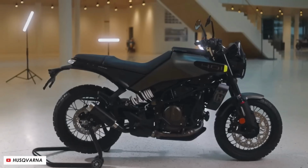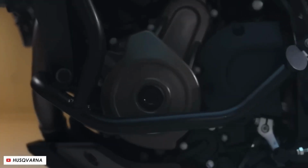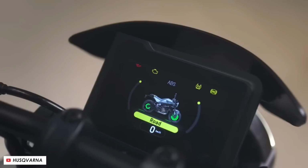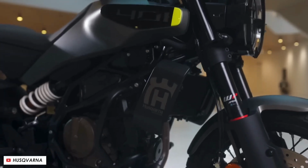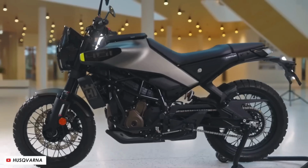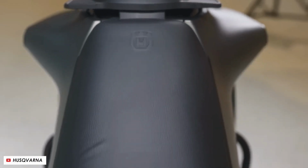£5,599, we've got the Husqvarna Svartpilen 401, which I think is a fantastic looking bike considering the price point and also the fact that it's A2 license friendly. It's had a substantial update for the new model year with lots of interesting little tweaks and changes, including a new TFT display which looks very premium for the price. But also the overall styling has evolved, and while the fundamental design language is similar to the previous generation Svartpilen 401, this more elongated and stretched out look I think makes it look more substantial, which suits the kind of